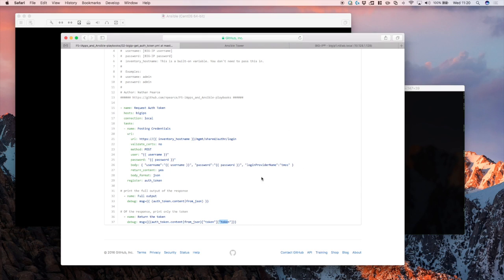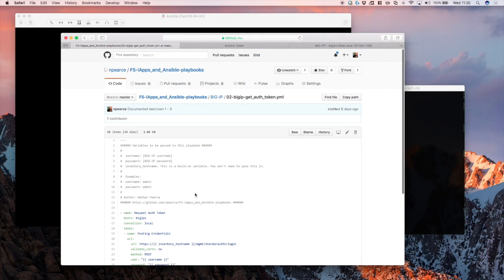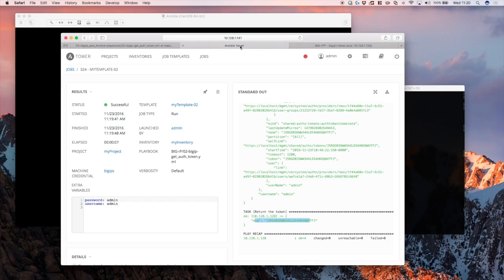So it'll make sense once you get more familiar with JSON and the way the structuring works, how to get that out. Remember, Postman's your friend. If you can format that same transaction in Postman, then it's easy to translate over. So there we go. That's a post. It's a little bit different. It's not exactly